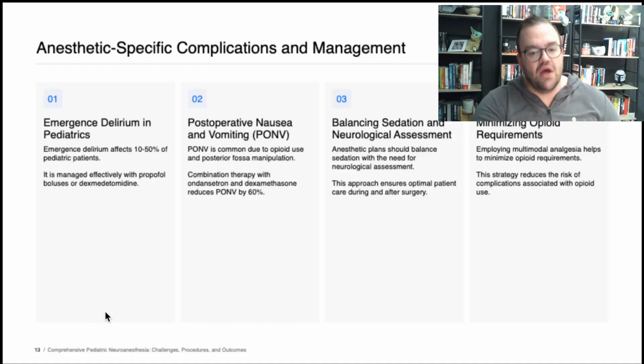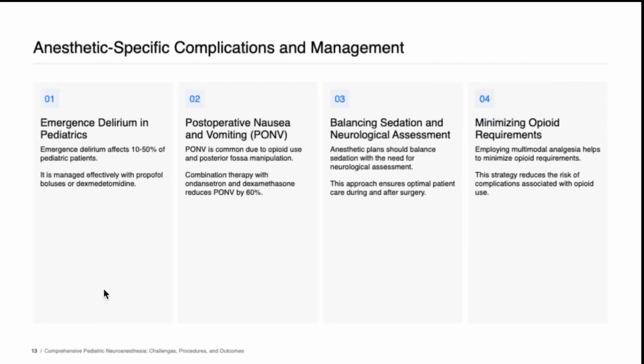neurological assessment. But obviously by far, and as I've explained in many of these talks for many reasons, obviously the use of a propofol-based total intravenous anesthetic is ideal, especially to allow them to be adequately sedated, with a little bit of maybe dexmedetomidine in the postoperative period, but we need to be able to rapidly assess their neurological function. And then we must minimize the amount of opioids that we give to all patients, but definitely to children